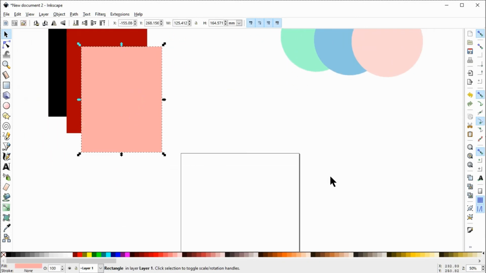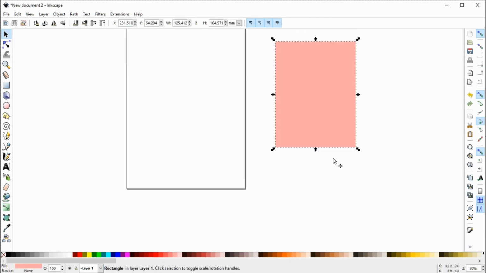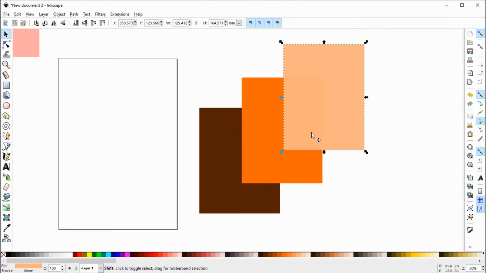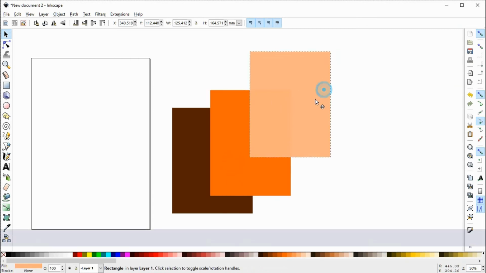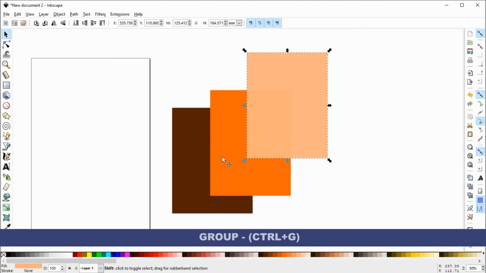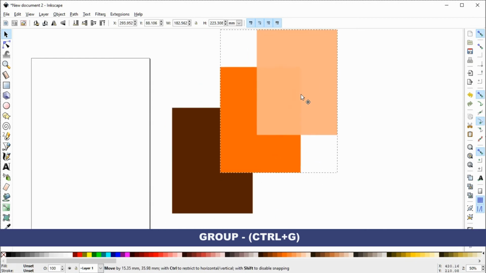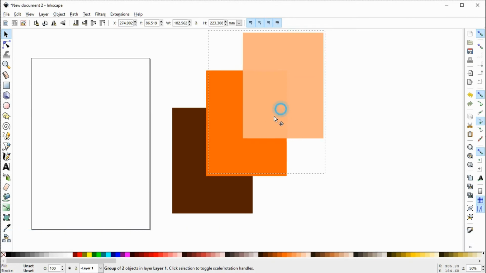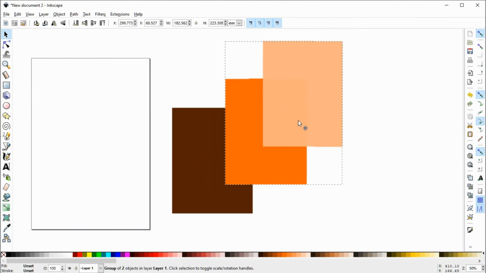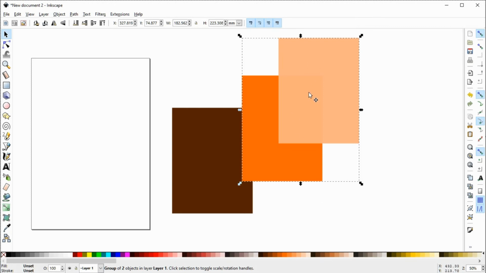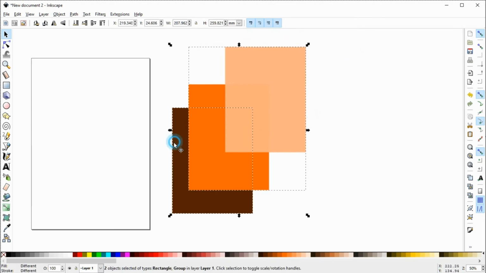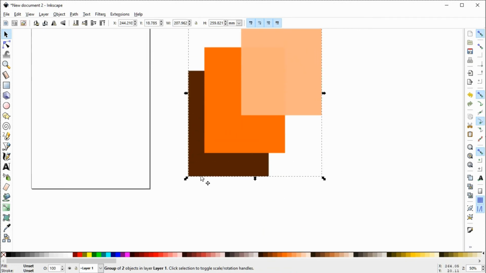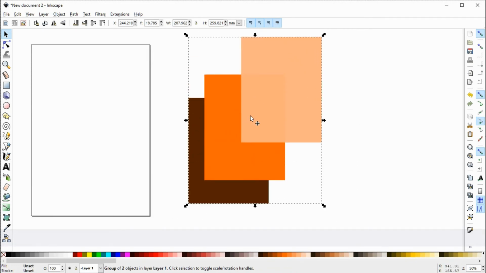And next up we have grouping and ungrouping, which you will probably be using quite a bit. Okay, so grouping is going to be Control and G. That's going to be how you can group any two items together or multiples of items together. And the important thing here is the order of how you group them together. As you can see, I did one action and grouped two together, and I could do another action and group the last one together. Now they're one object, and if I wanted to ungroup these items, I simply hit Control,